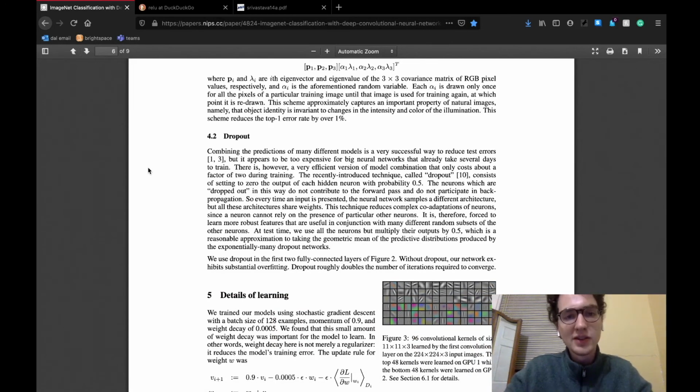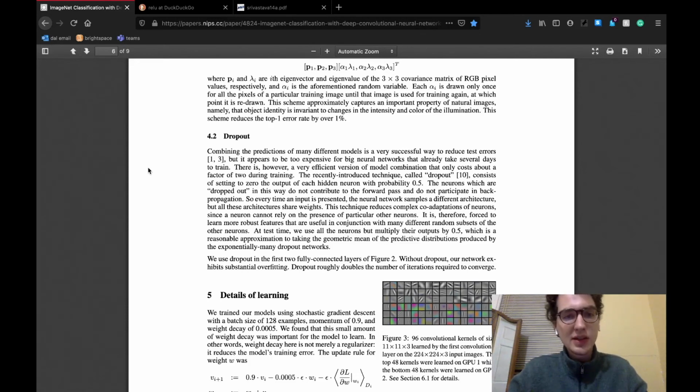Now, personally, I find dropout very interesting. It's a pretty cool effect that seems a little bit counterintuitive, but makes a big difference during training. So the basic idea of dropout is that we're going to set a few neurons in the network during each iteration of training to 0, basically meaning that they'll have no contribution to the network.